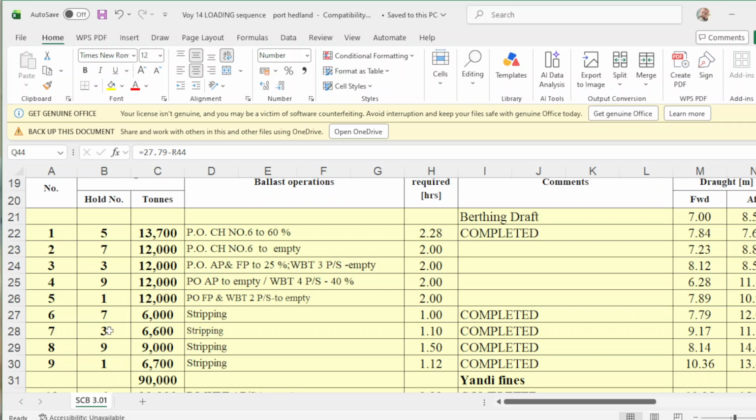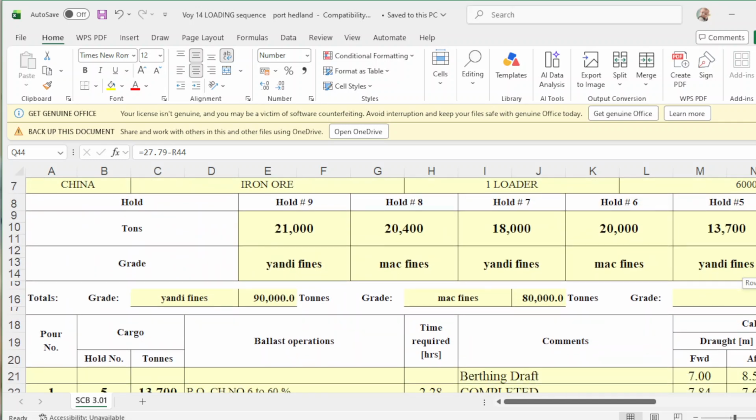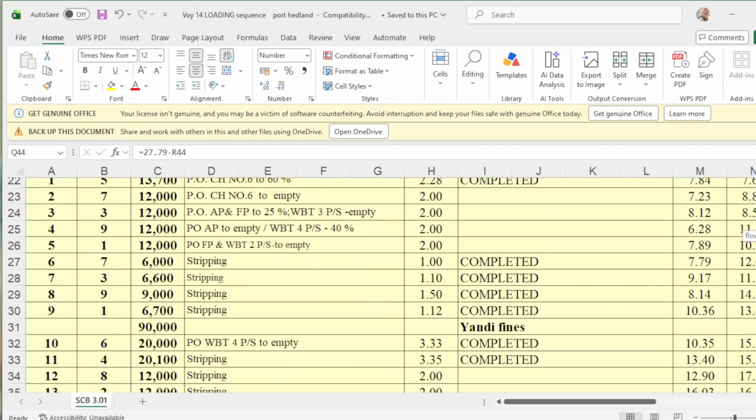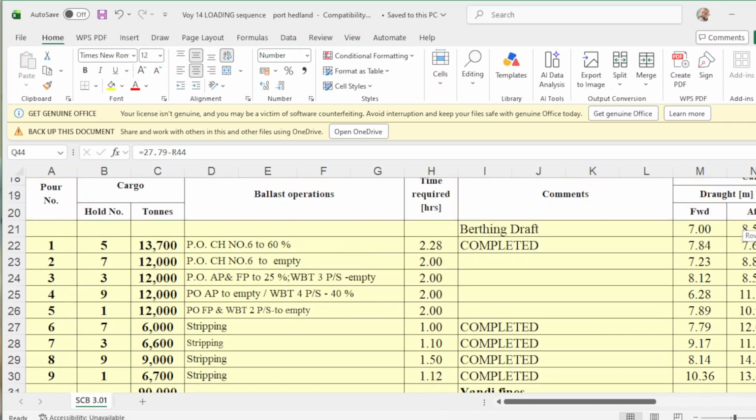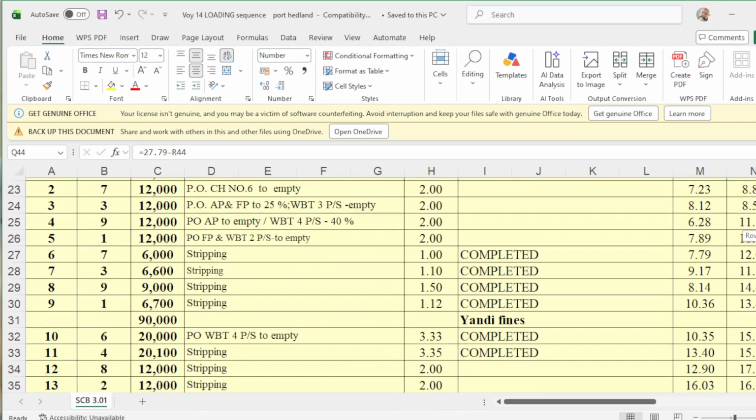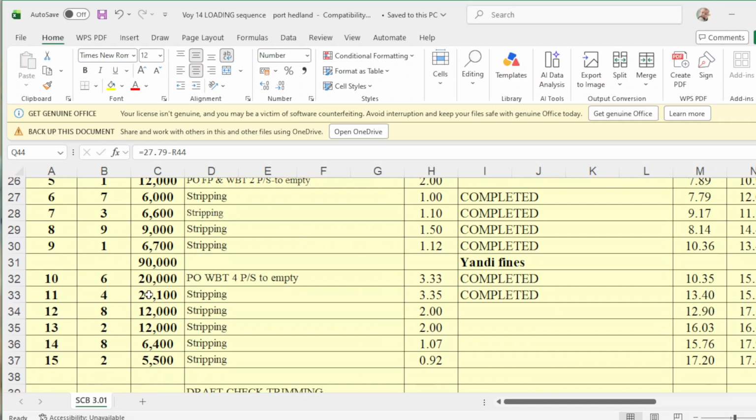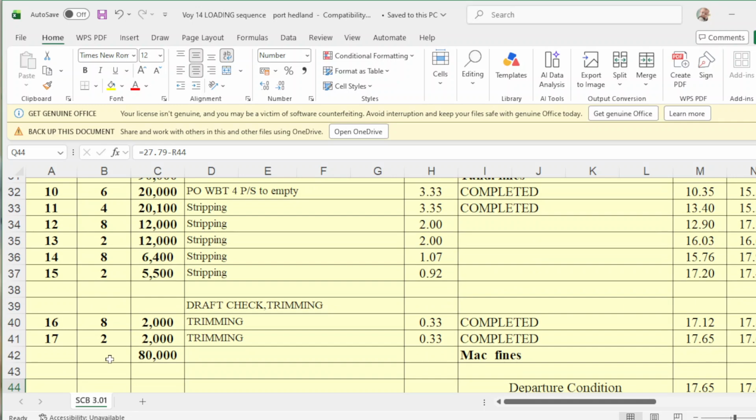They have to complete first these odd numbers, which are the Yandi fines. After completing the Yandi fines, they will load the Mac fines in 6, 4, 8, 2. And the trimming holds are 8 and 2, which is a total of 4,000 metric tons for trimming.